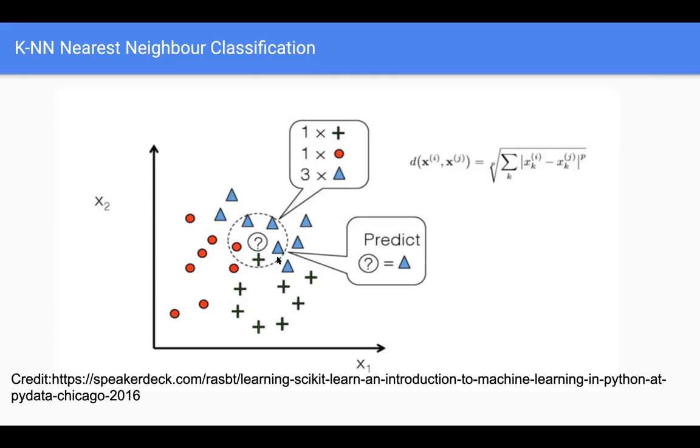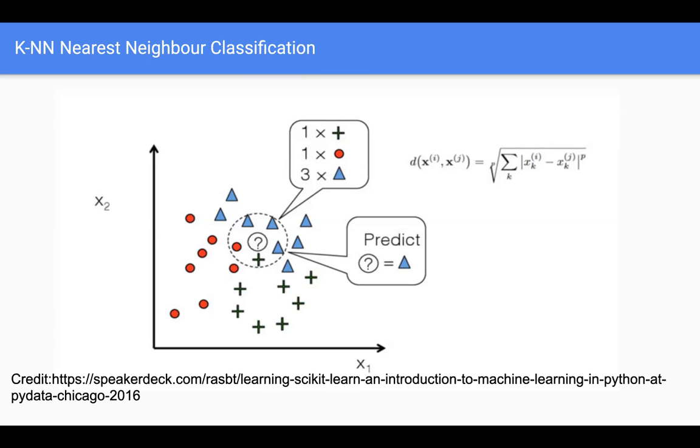In this circle, we see that there are three triangles, one circle and one plus. So when it takes a distance measure and tries to find out which are the closest points around it,